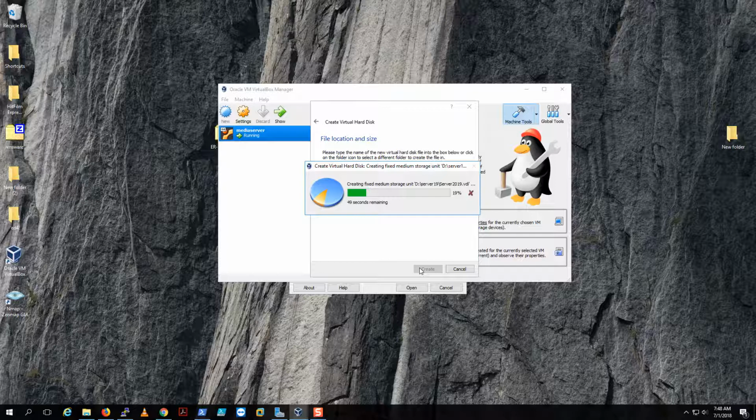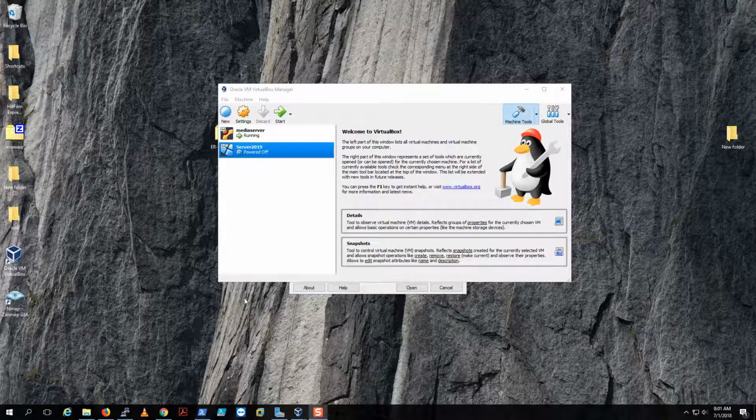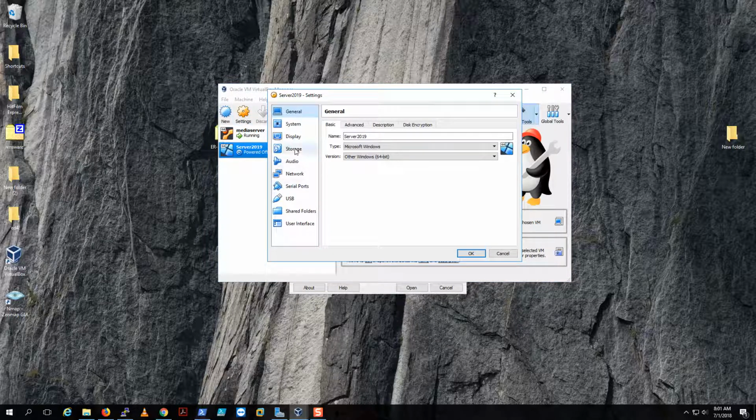I know they've added some new features like containers and whatnot, but that was also on Server 2016. So I'm gonna pause this video and wait for this to do its thing, and then we'll be back. All right, the hard disk is done being created, so let's go to settings here for a second and attach